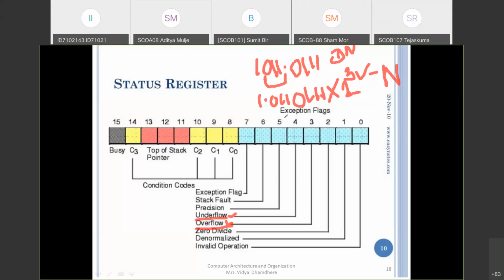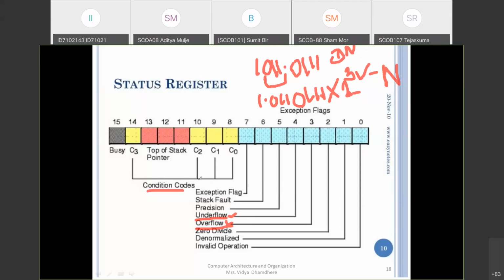Now, the fifth bit is precision, which checks the precision value, whether that data is a single precision value or a double precision value. Now, bit number 6 is used for the representation of stack fault, to find out the fault of the stacks. Then the 7th bit is set whenever it has value 1. It is used for the exception flag. Then C0, C1, to C3. These are the condition flags, which I will explain in the next few PPTs.